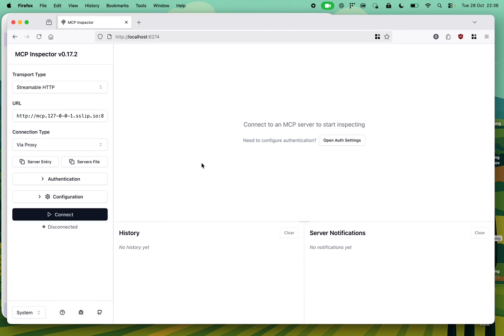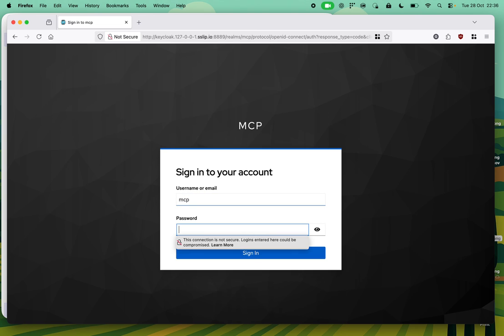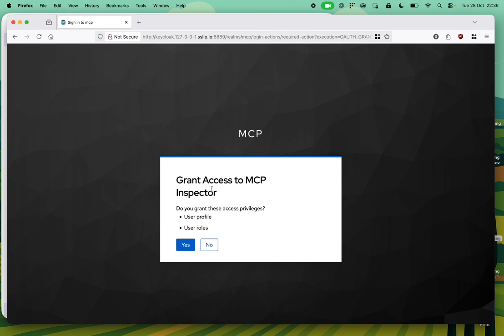So here we have the MCP inspector. The first thing we're going to do is connect. Because there's no user session here, it gets redirected to the login page provided by the auth server. Here we're using Keycloak, where we created a user beforehand, the MCP user. We're going to sign in and authorize these OAuth scopes,